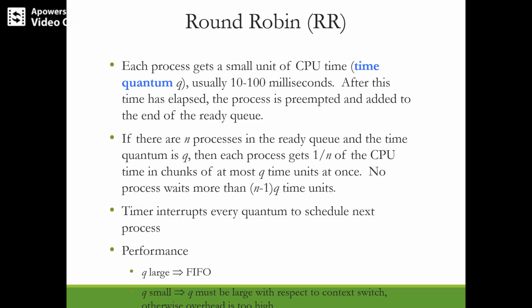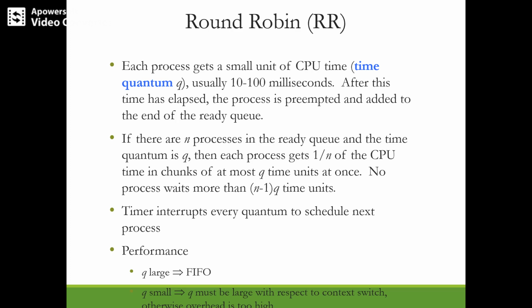So this kind of scheduling algorithm is basically a preemptive scheduling algorithm, and it is used in all the interactive systems. This kind of algorithm is similar to FCFS, but preemption is added between the processes. A certain time interval called the time quantum is defined, and it is generally from 10 to 100 milliseconds. So there will be a ready queue, and it is treated as a circular queue, and the CPU scheduler goes around this queue, allocating the CPU to each process for a time interval of up to 1 time quantum.